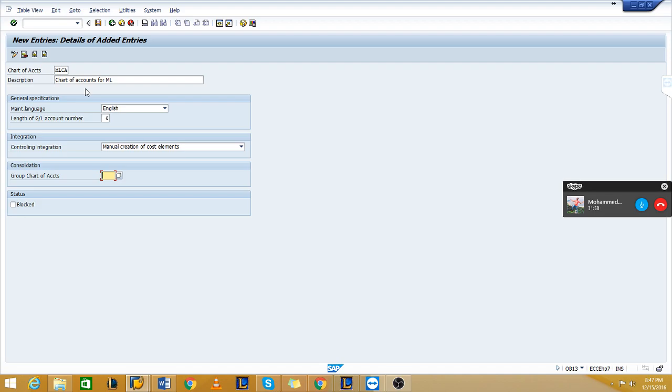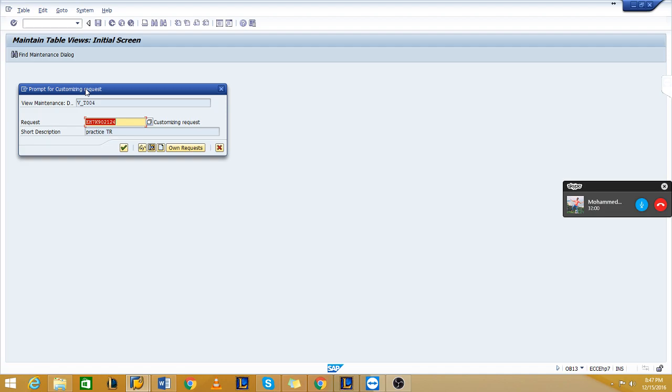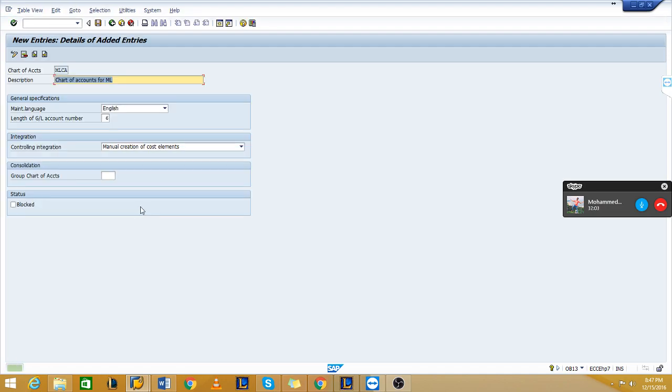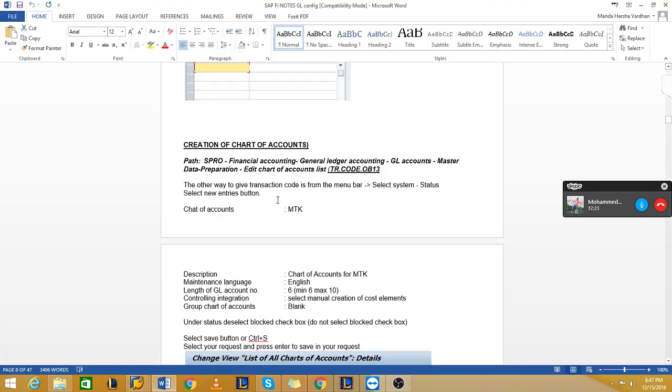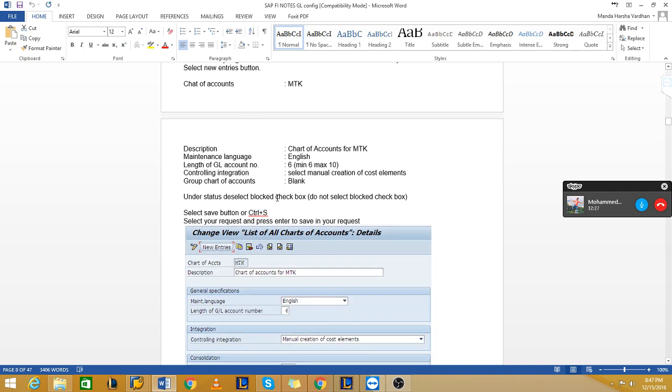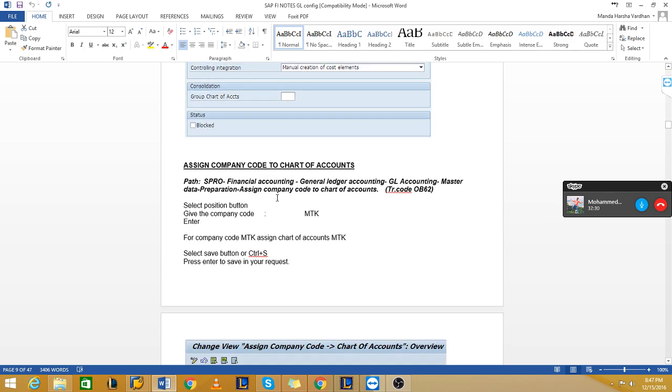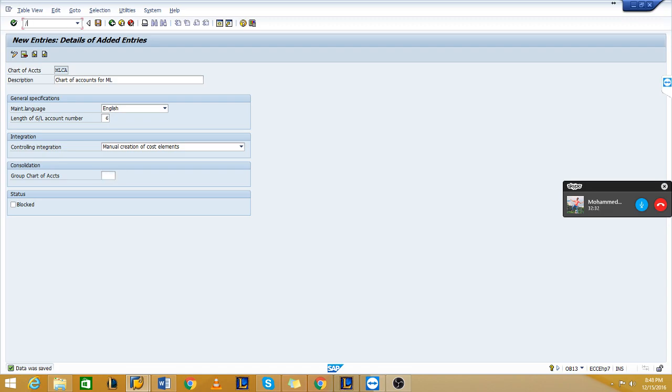If they ask how you will create a group chart of account, you should say that it will be created as a normal chart of account only, but we will assign it in the primary chart of account under the group chart of account field.